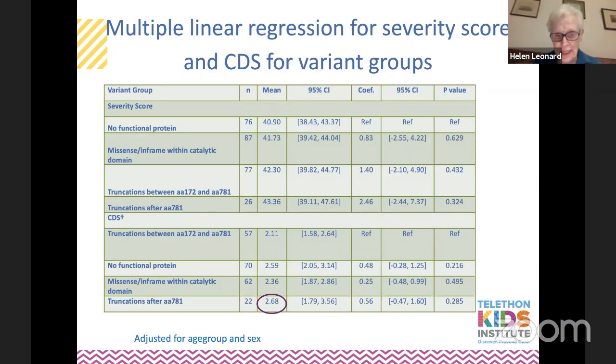But these findings are not significant, but that is the trend there. If we look at the severity score, we actually find that this group, which had the best development, has actually got the worst severity. And I believe that this may be epilepsy that's playing this role,